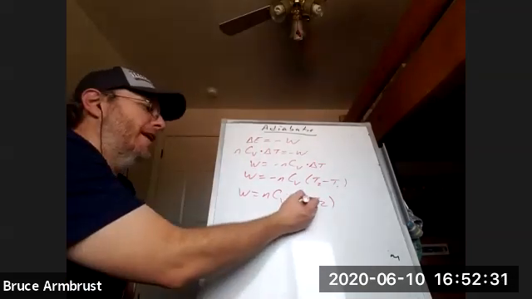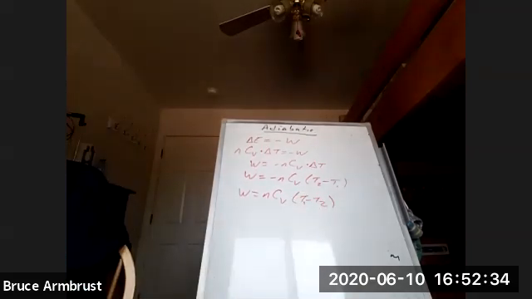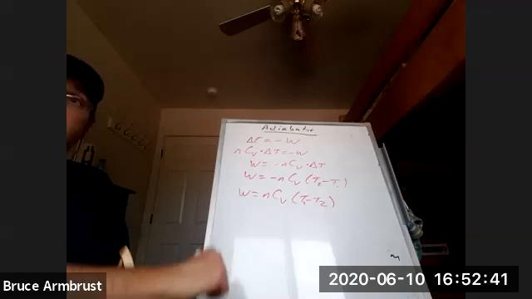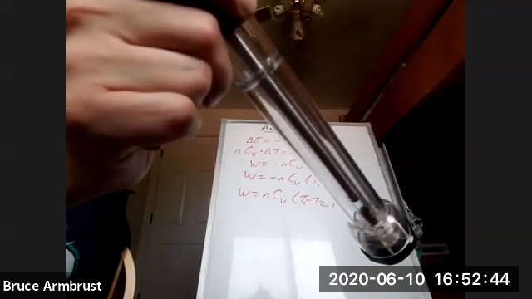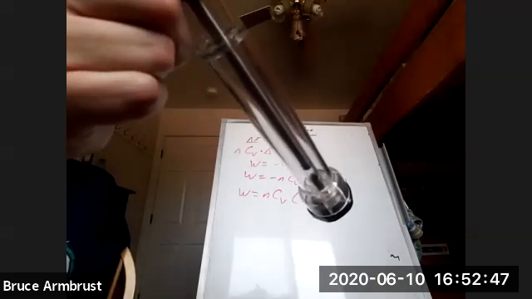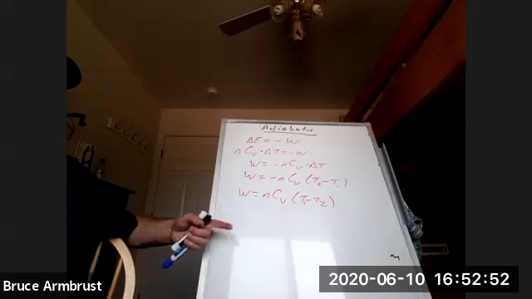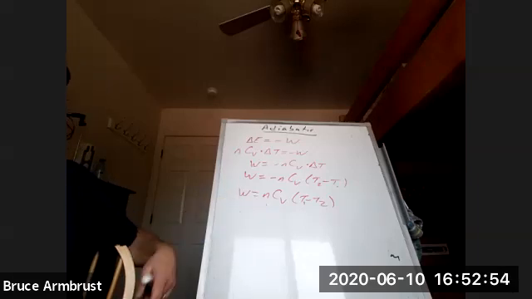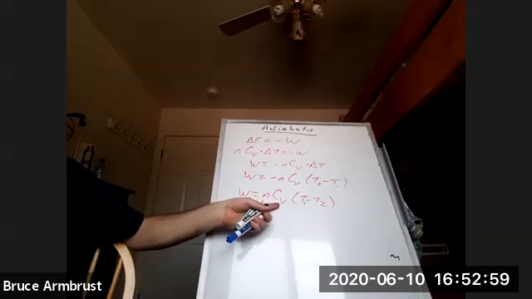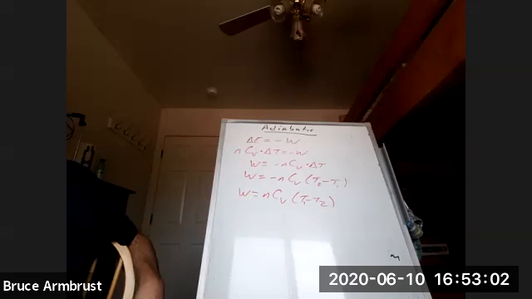But I don't really want it like this. Really, I want to get rid of the N. N is tough, right? How many moles of gas were in this? I don't know. No clue. So I would rather not have it in terms of how much gas was in there. I still need to know what kind of gas, right? I still need to be able to put in a CV, but at least I can have a good guess on that, like we were talking about, it's primarily nitrogen and oxygen.